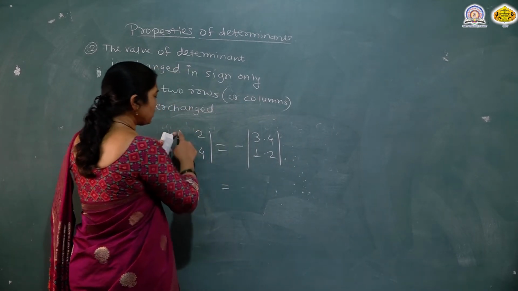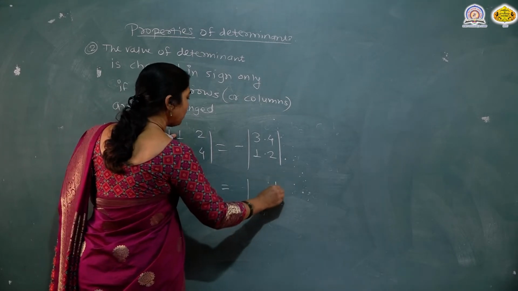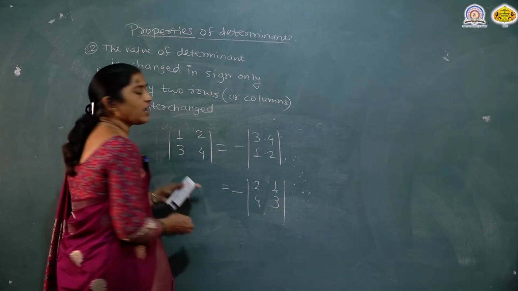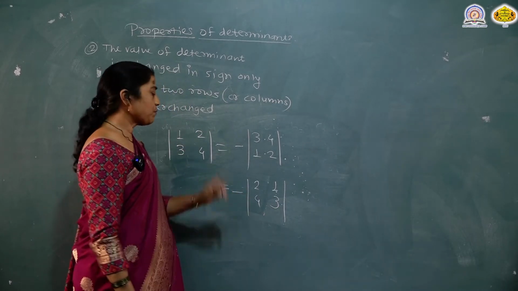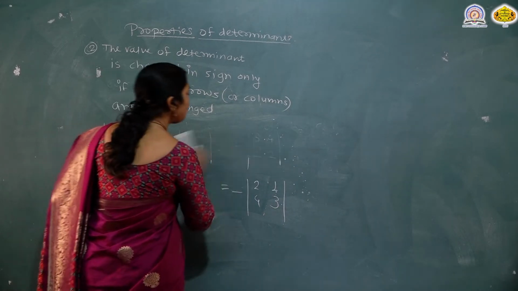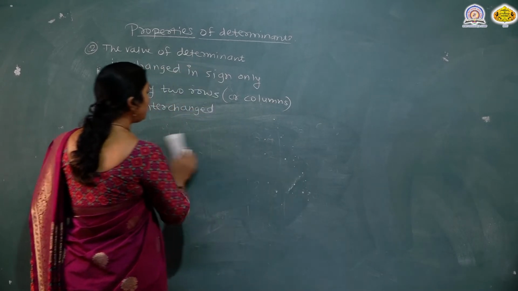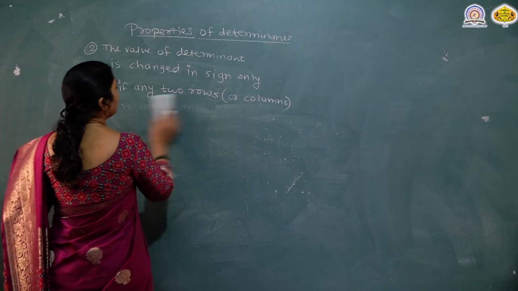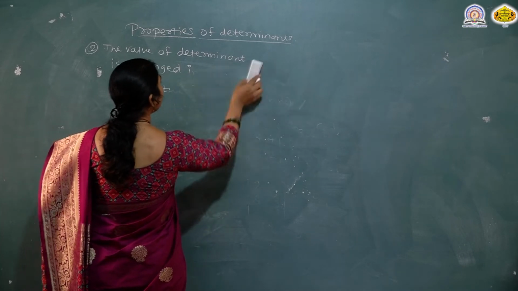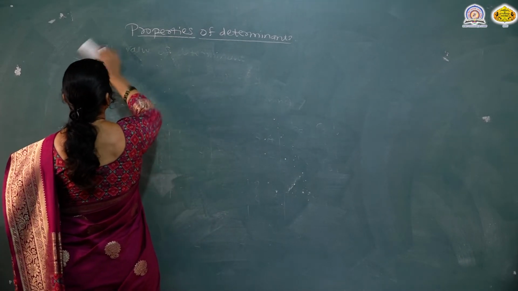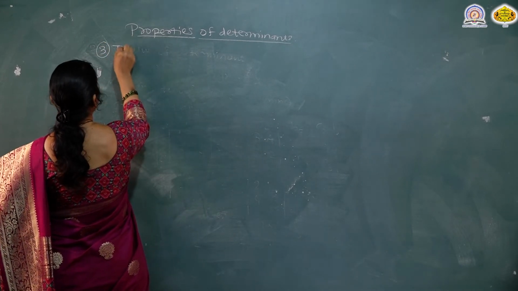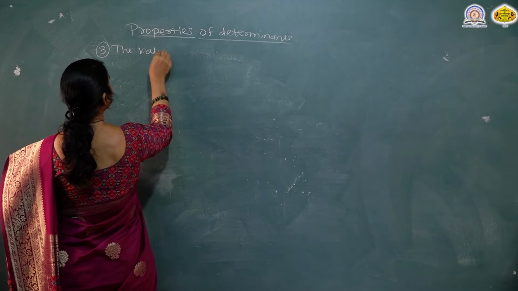If you write the first column as second and the second column as first, even then the sign of the determinant will be minus of that. So, the second property says that if you interchange any two rows or any two columns, then the sign of the determinant will change. The third property says that the value of a determinant is 0